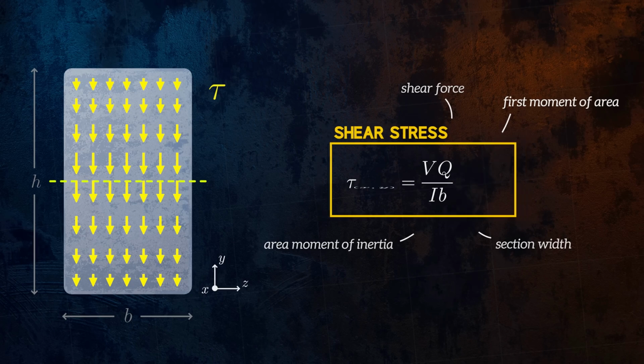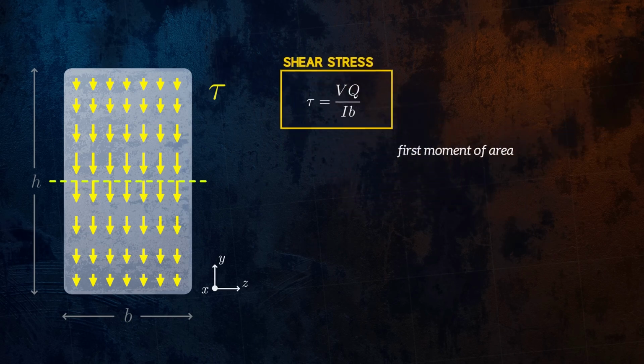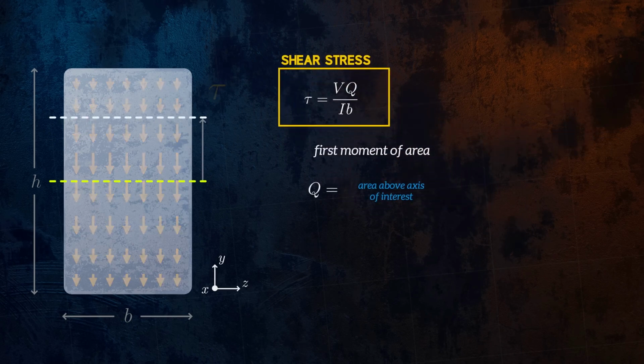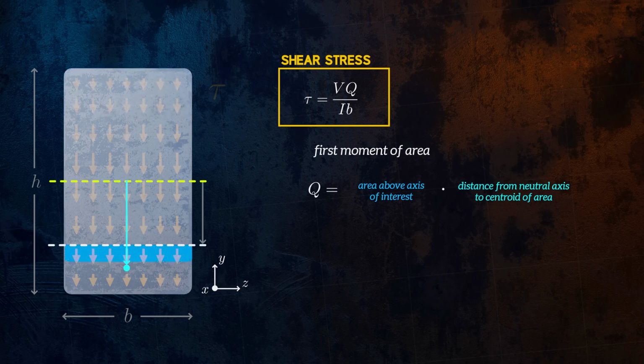It is equal to the product of the area above the location of interest, and the distance between the centroid of that area and the neutral axis. If the location of interest is below the neutral axis, we consider the area below the axis instead of the area above it. To calculate the first moment of area at this line, which is at a distance y from